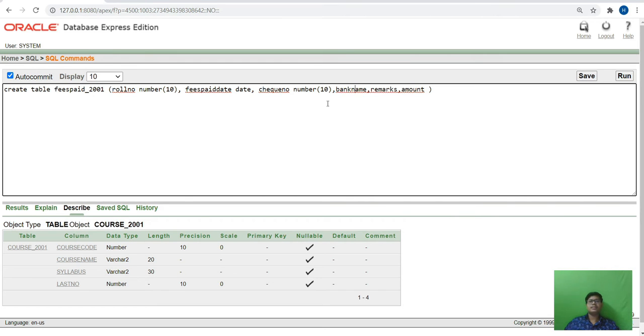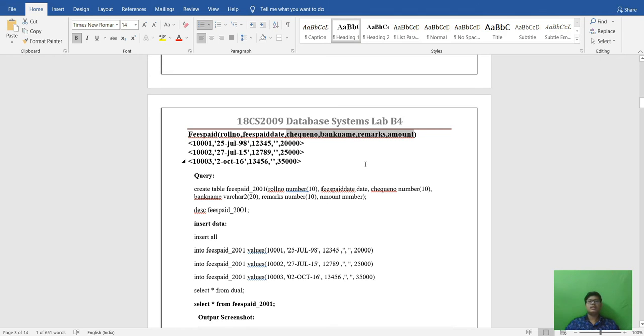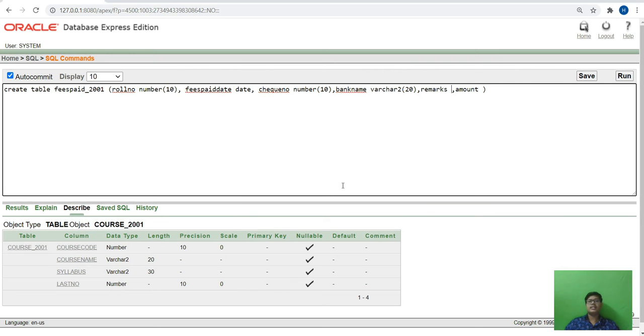Check number, bank name, varchar2(20), remark, remark, that is number, amount, that will be in number.